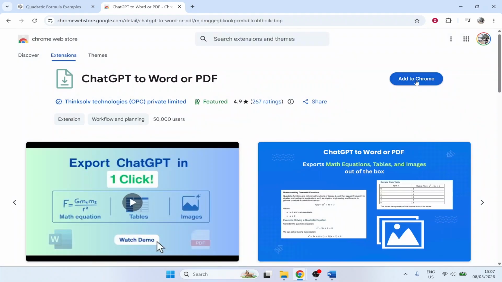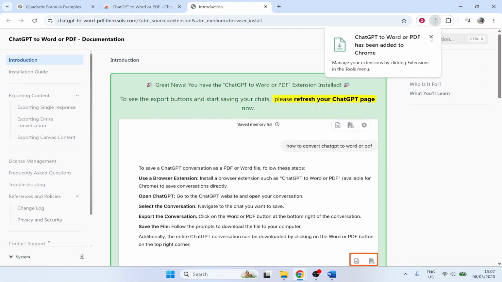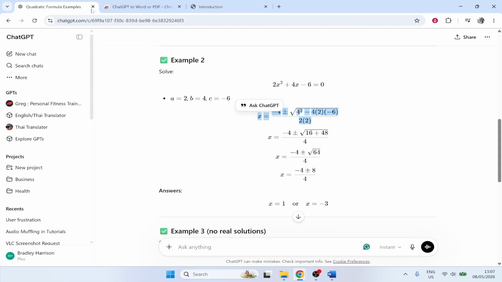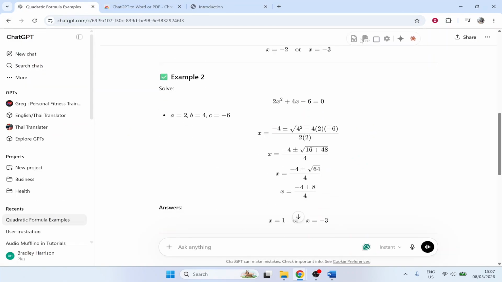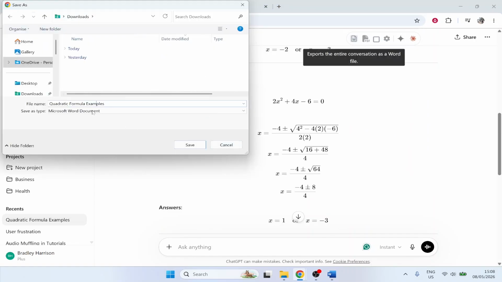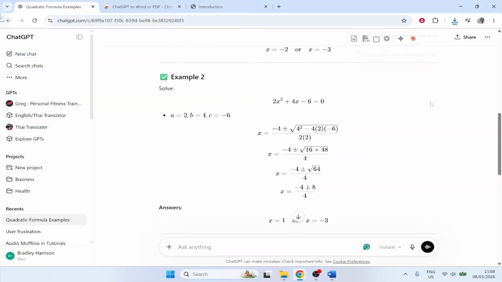So go ahead and click on this and then click Add to Chrome and then Add Extension. Once this has been installed, you can go back to ChatGPT and refresh your page. So now we've done that, we should have these icons appear. We can go ahead and click on the Word icon in the top right hand corner. This will then prompt you to download your ChatGPT chat as a Word document, which you can then go ahead